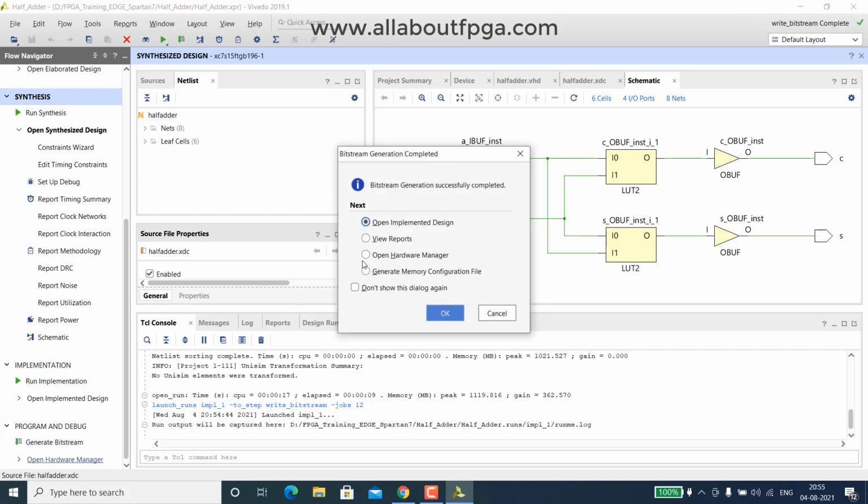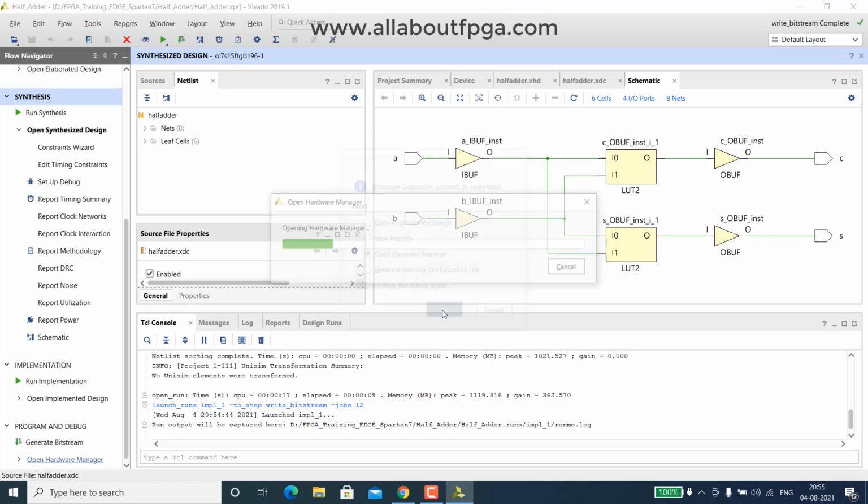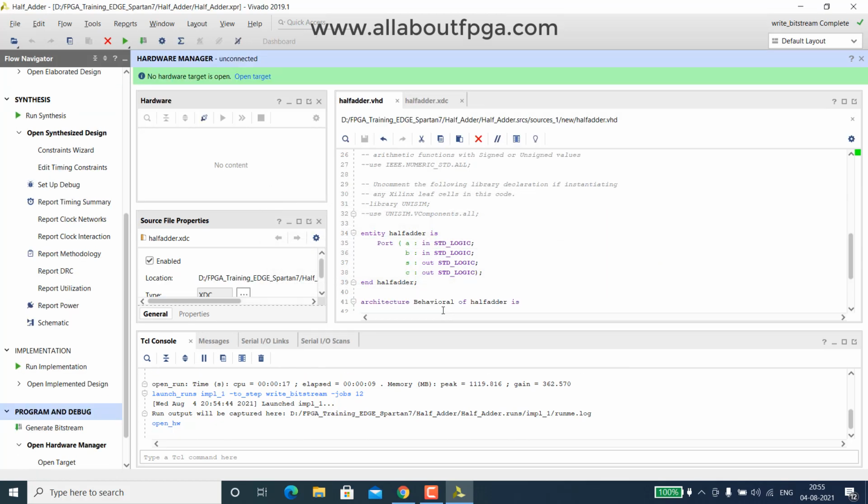Now it asks whether to open the implementation design, view the report, or open the hardware manager. Simply select open hardware manager and click OK. The next step would be connecting the hardware.